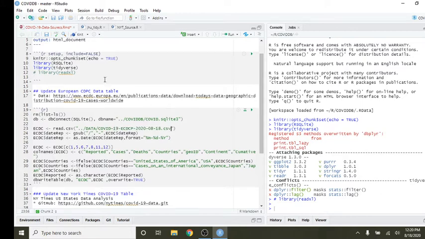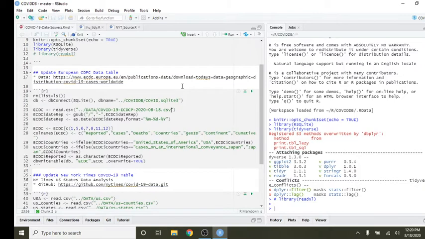There we go. So now we updated, imported the European data. We're connecting to our database, pulling out a few things here. This is actually going to change. Both of these are going to change simply because